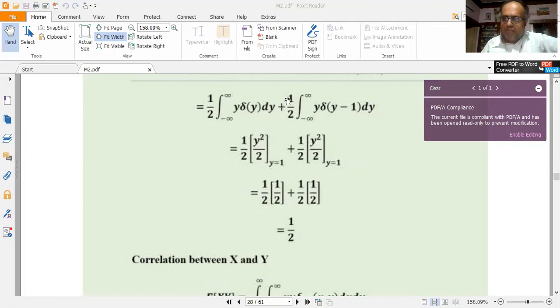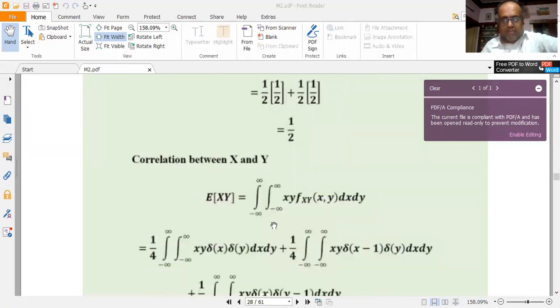So I get 1 by 4 plus 1 by 4, which is equal to half again. This can be evaluated in many different ways. I can substitute this to be equal to half into y evaluated at y is equal to 0 plus half into y evaluated at y is equal to 1. Then the first integral becomes 0 plus half into 1, which is half. That is also possible. That's how we actually do it in signals and systems. We can use this method also. There are many methods to evaluate these integrals that involve unit impulse functions and shifted unit impulse functions. This is one such method. The method that I just suggested can also be used, but both methods must yield the same answer. You should be a little bit careful.